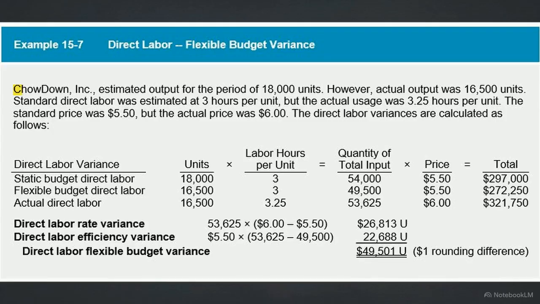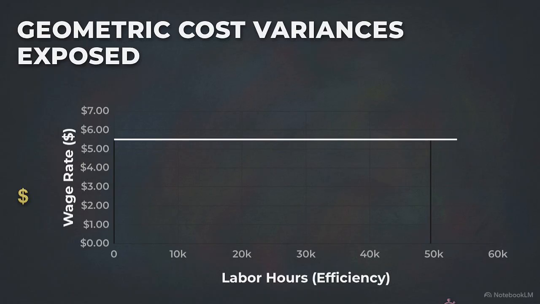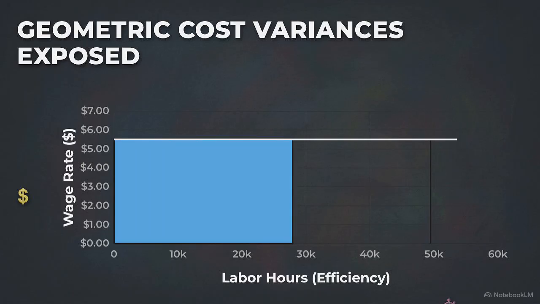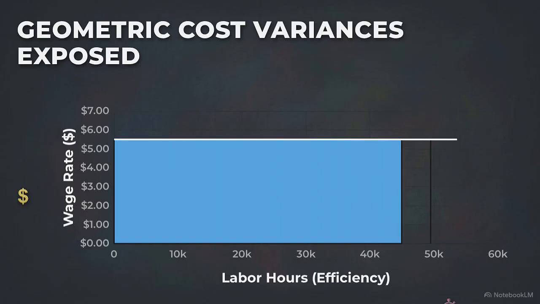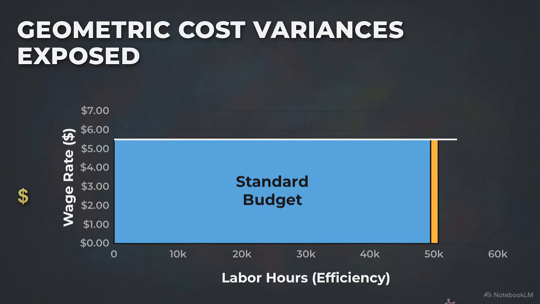But actual hours ran long, hitting 53,625. The difference of those hours, multiplied by the $5.50 standard rate, gives us a yellow efficiency variance of $22,688 unfavorable. Simultaneously, the actual rate paid was $6 flat. That 50-cent rate hike, multiplied by the massive actual hours worked, adds a red rate variance of